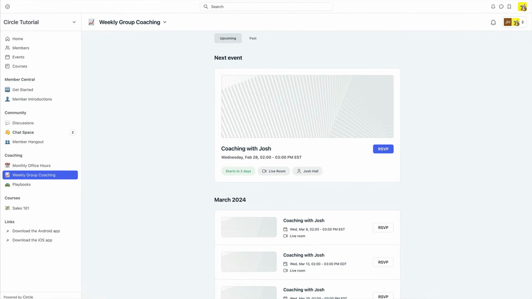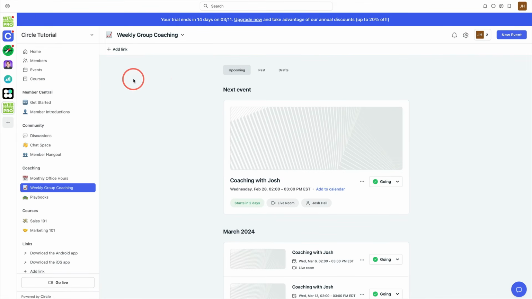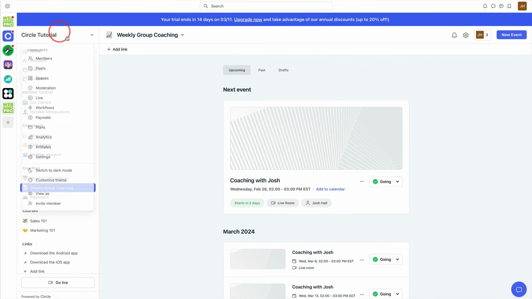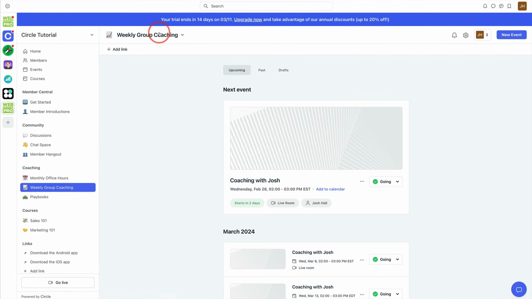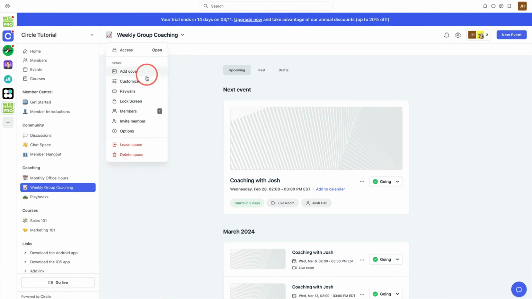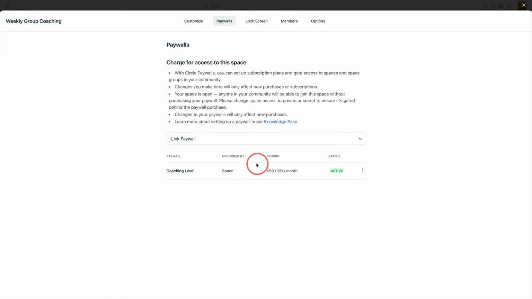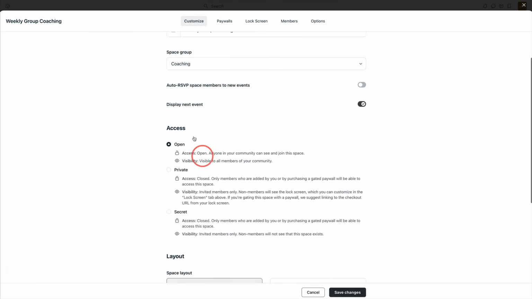So what you need to do, if you're having issues with any of your payment gateways, and even if you've set up everything correctly under Paywalls, what I recommend doing is going into the space, going into Paywalls, and we can see here, yep, this should only be on the coaching level. I think it's good to do a little bit of troubleshooting here. But what we actually need to do is, yes, the basic level isn't in here, but it's still open to